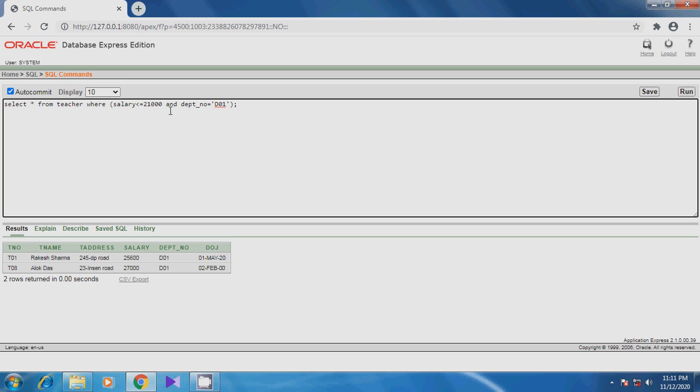Now if you have to use the OR operator, you just have to change this. In that case, either one of these expressions or test conditions needs to be true: either salary is less than or equal to 21,000, or department number equals D01. If both are true, then all the details will be displayed. So when you run this,